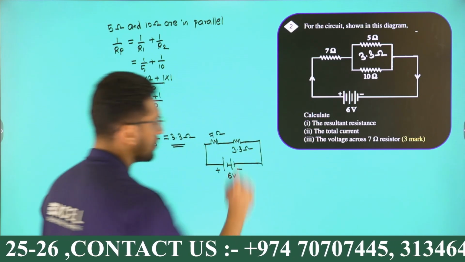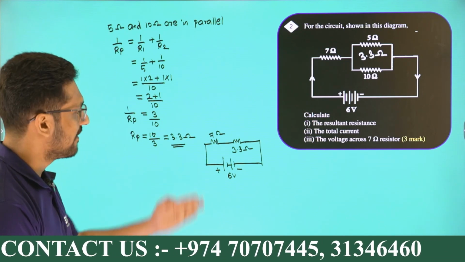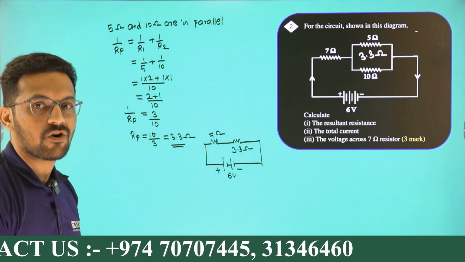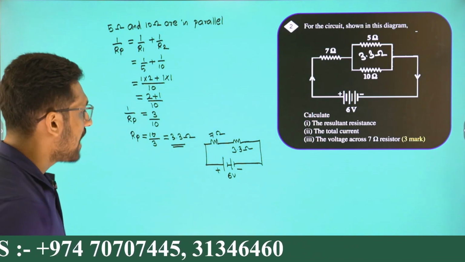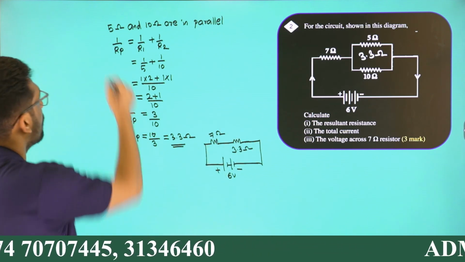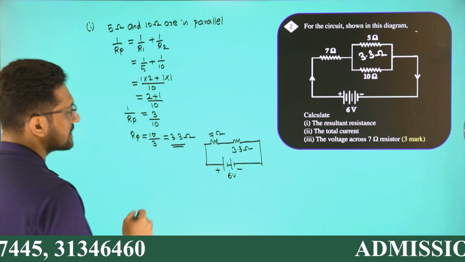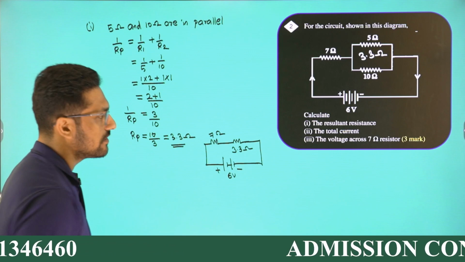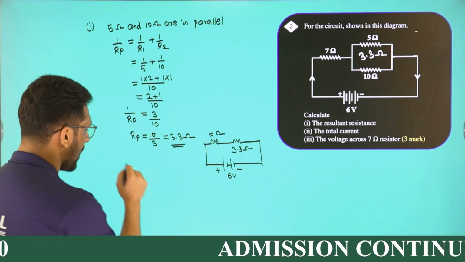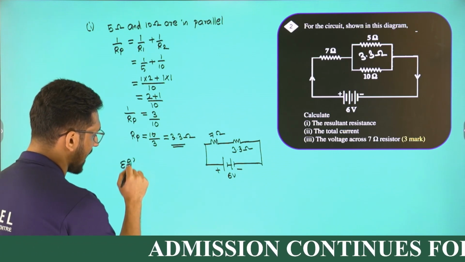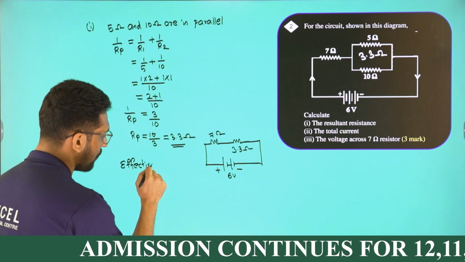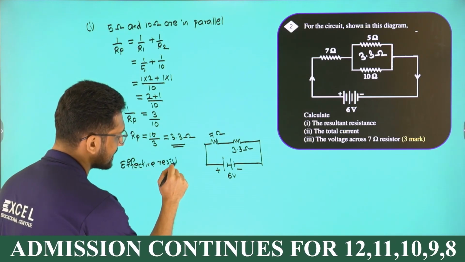This is my circuit actually. 7 ohm, 3.3 ohm in series. How to find the effective resistance right now? Now 7 ohm and 3.3 ohm are in series, so effective resistance can be found by